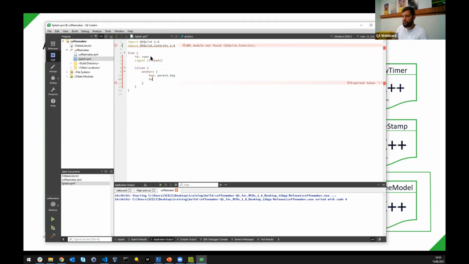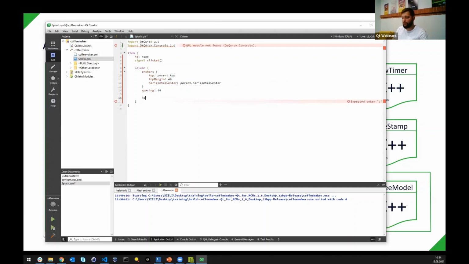And I will give it some top margin, 40 pixels, and horizontally, I will center it to the parent horizontal center. Right, I will need some space between items in the column, so I will define spacing to 14 pixels,